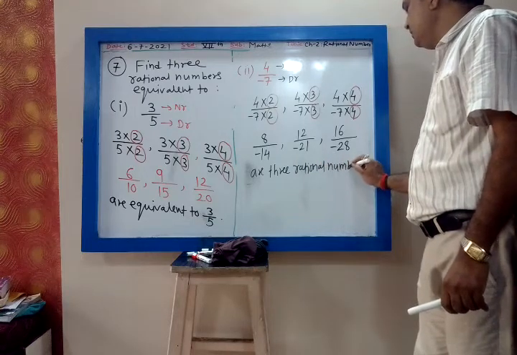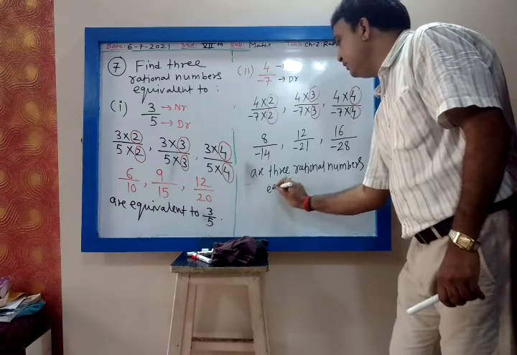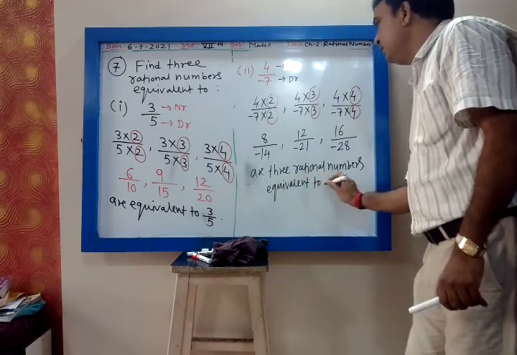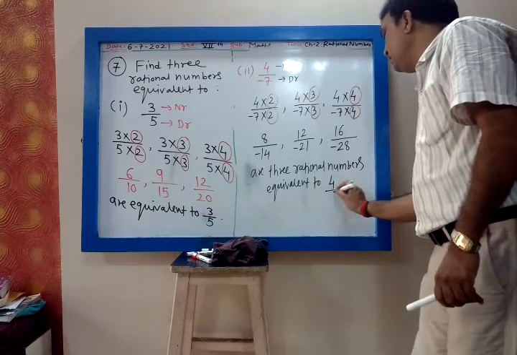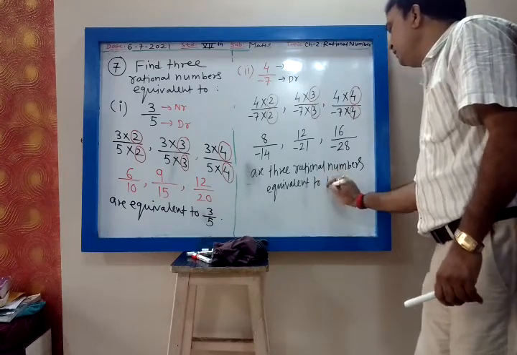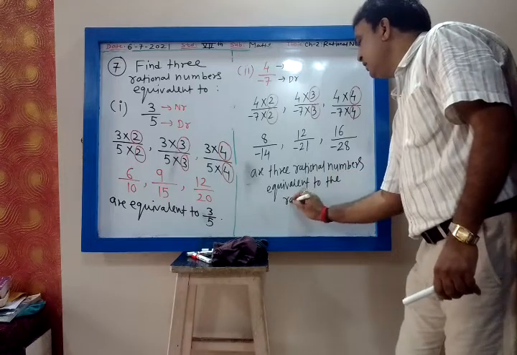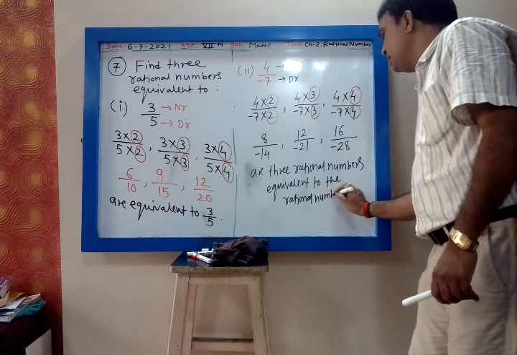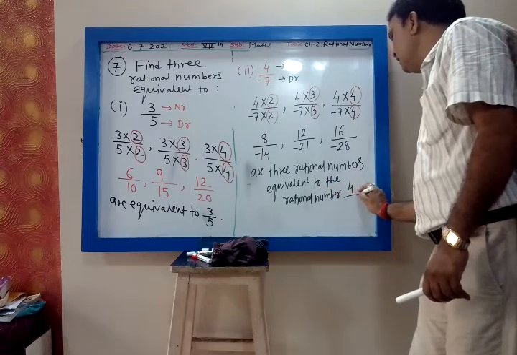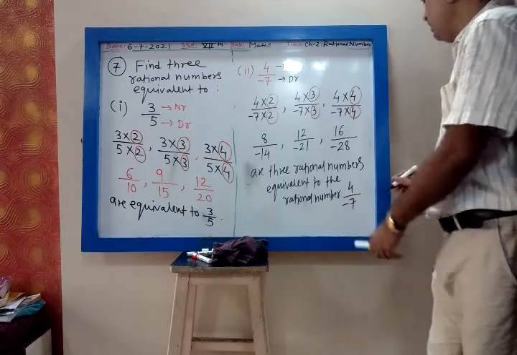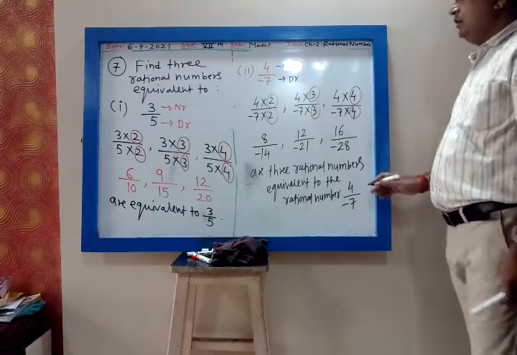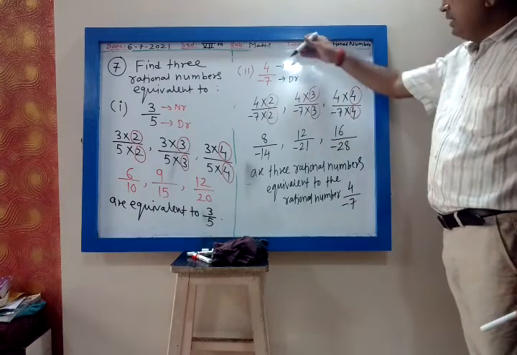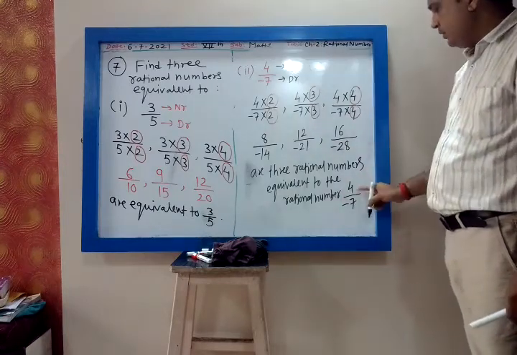These are three rational numbers equivalent to the rational number 4 upon minus 7. So you are given the original rational number 4 upon minus 7. Then to get three rational numbers equivalent to this, I will multiply numerator and denominator of that original rational number